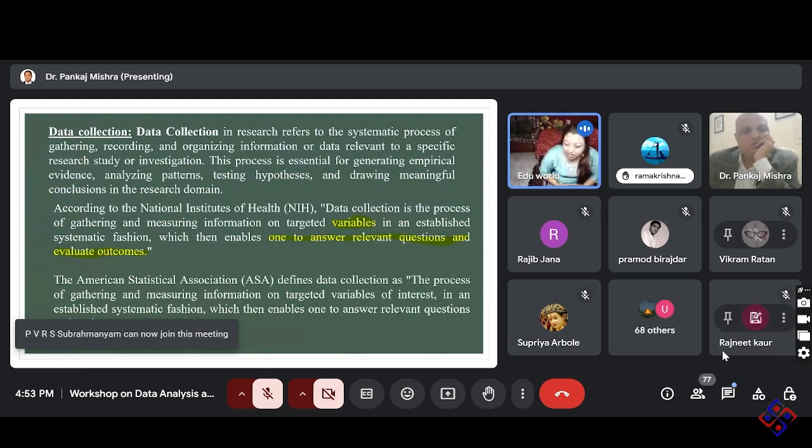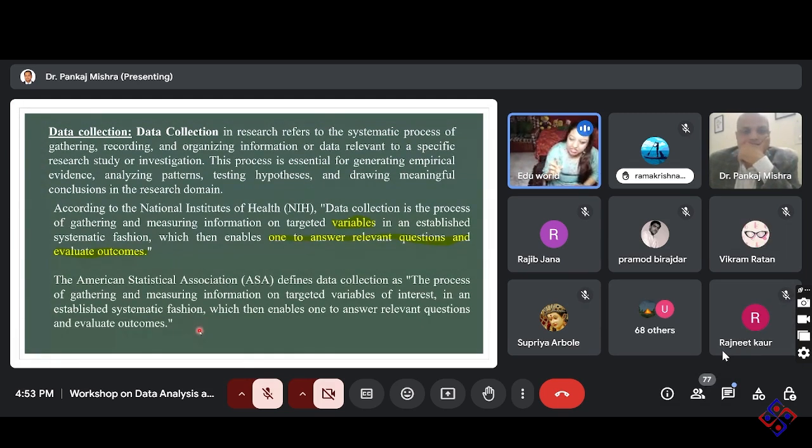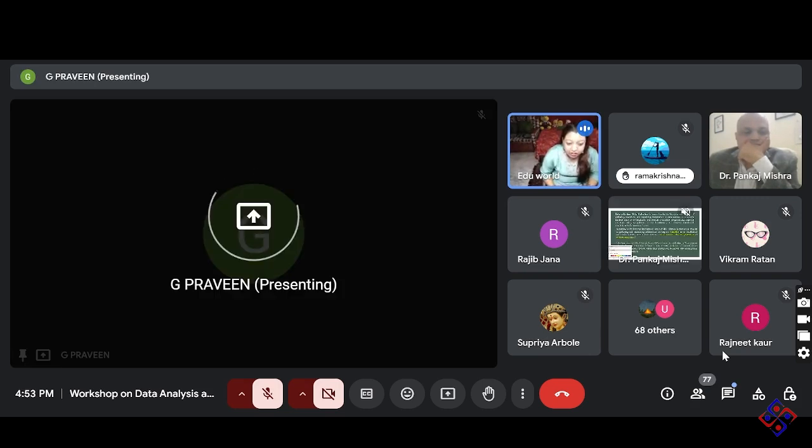How? Like the age of a person. That is not static, and it's a characteristic also. Day by day, it keeps on changing. So that is a variable. Now, through data collection, we gather information about this variable, the targeted variables with which we are actually working.